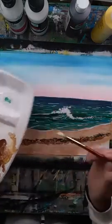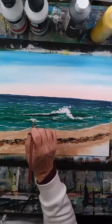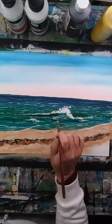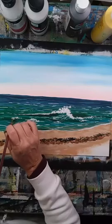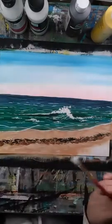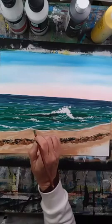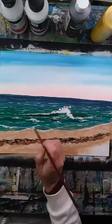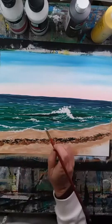All right, we're going to take that bristle again. You can touch down and put a little sparkly kind of thing on top of a couple of these little white caps that we did. We don't want to go too crazy, like I said. You can just touch down with your bristle a little bit. But we do want to get some more white on that bristle, and we want to touch down right along some areas where we put those little lines onto the sand, because that's going to look foamy. You know, when you're walking along the beach and the water just runs over your toes and you're standing in the sand and it has that foam, kind of